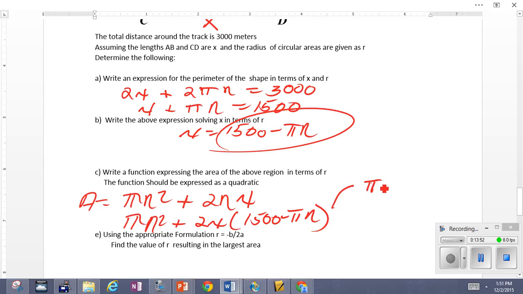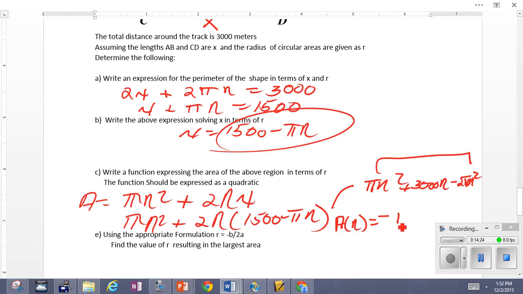So I'll get pi r squared, distributing there, plus 3,000 r minus 2 pi r squared. I've got r squared terms here, so this comes down to A as a function of r being negative pi r squared, combining these two,